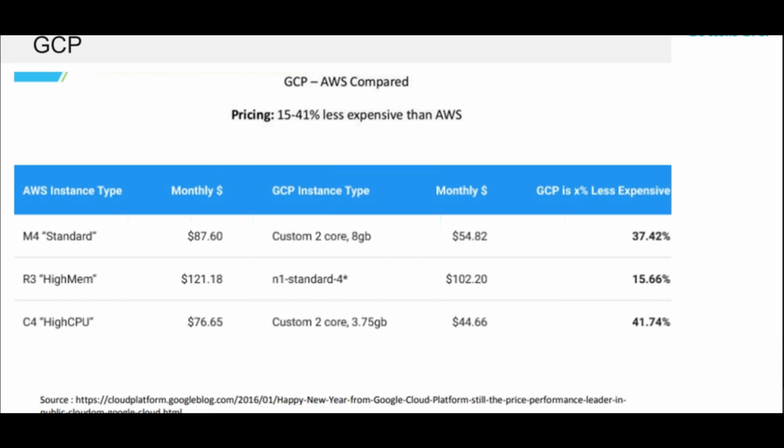Now let's look into some comparisons with respect to GCP and AWS. If you do a price comparison, AWS is more expensive compared to GCP, and I have also observed that. First of all, when you use GCP, it gives you $300 free credit, which is a very good thing.